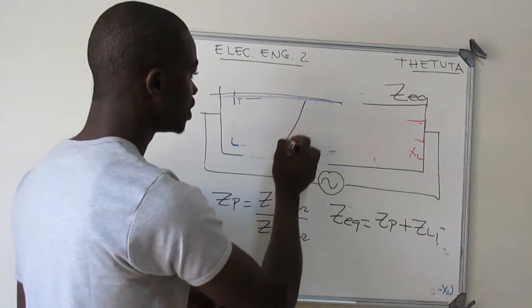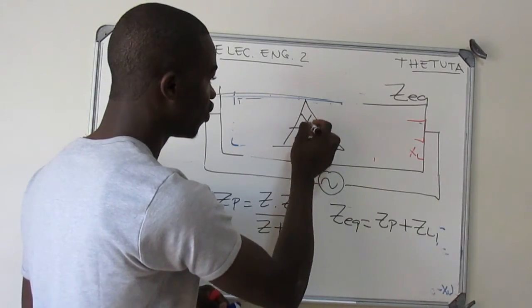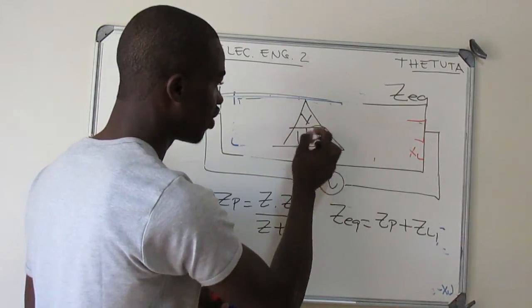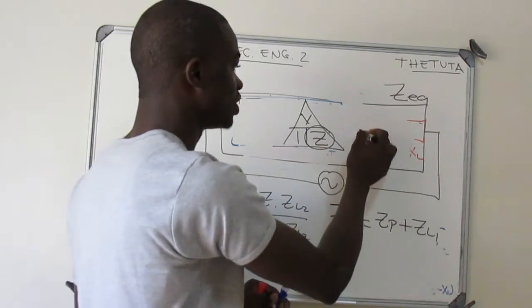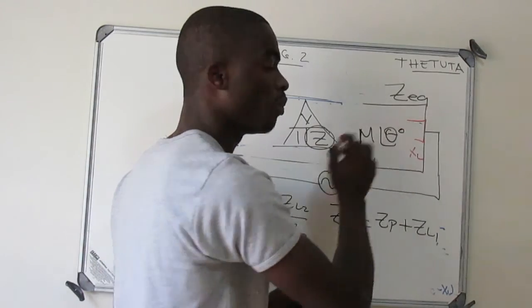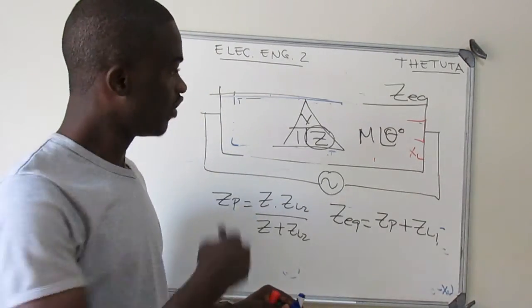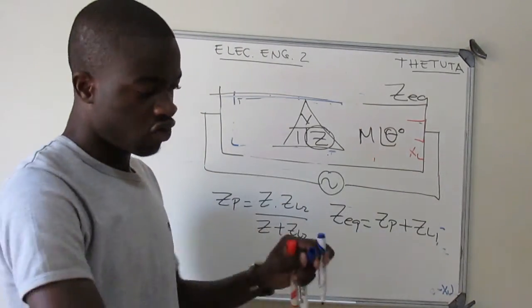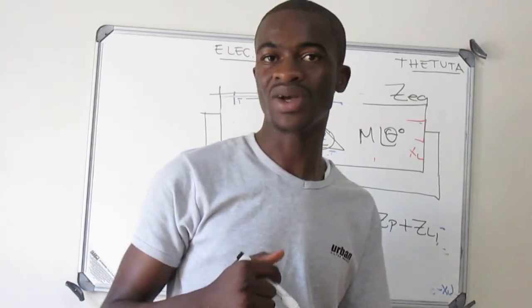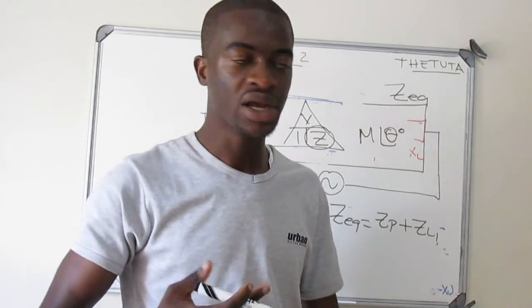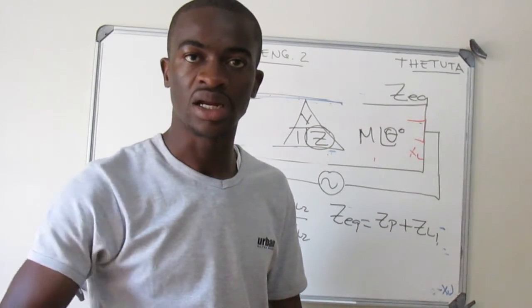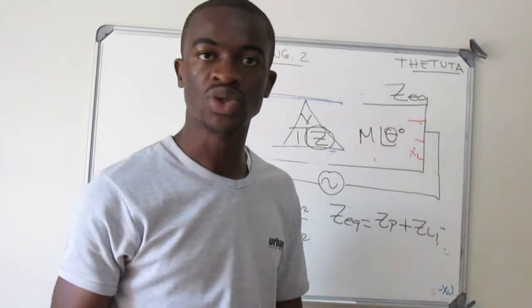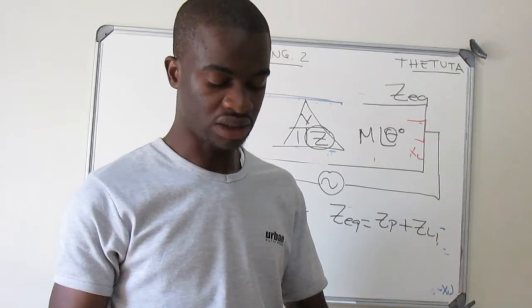Your Ohm's law is still the same, where we say the voltage equals I times, but here now we have what? An impedance, because everything is all about a magnitude and an angle. It's in complex form. Okay? So after this introduction, from what we did in our series circuit calculation, you should really be able to start your calculation with a parallel circuit. And then I will continue with problem solving in the next video.